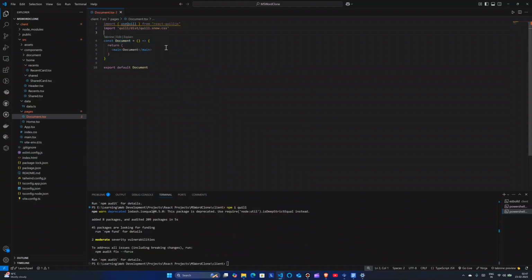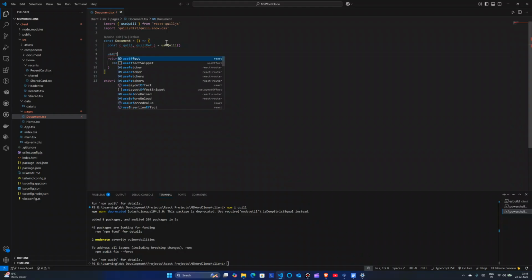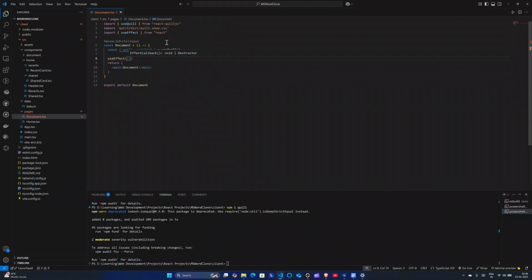Okay, and here what I will do is const quillRef equals useQuill. Alright, and useEffect